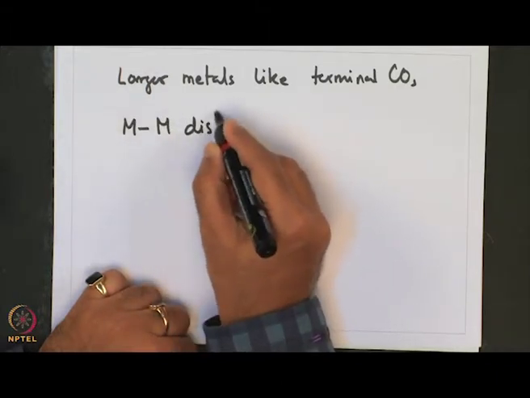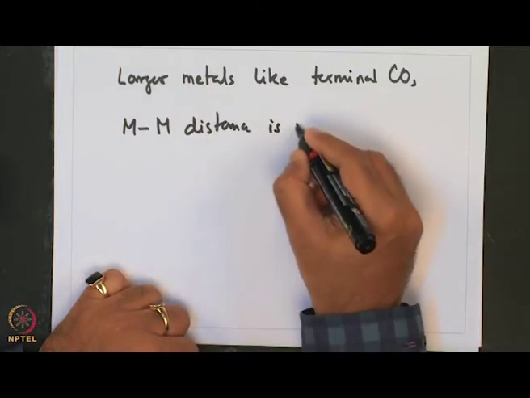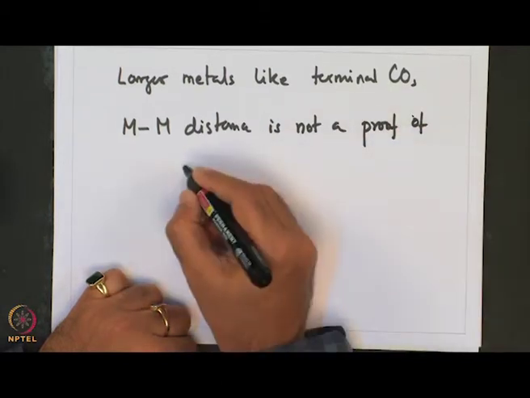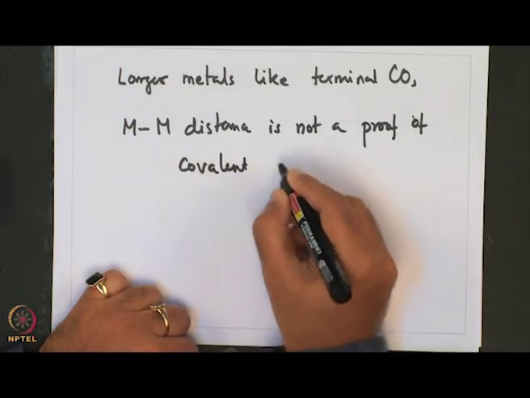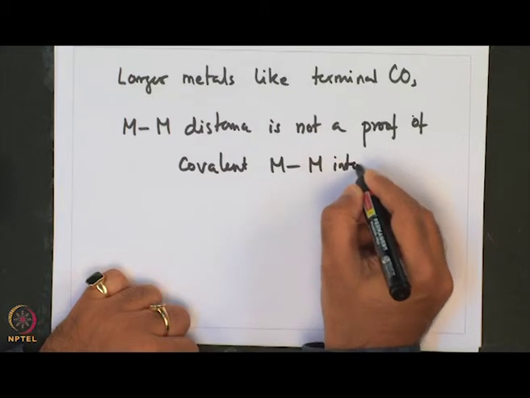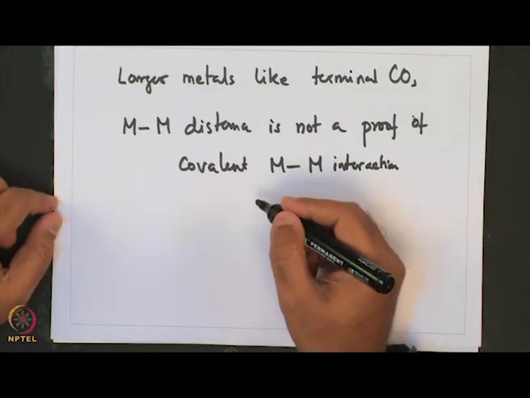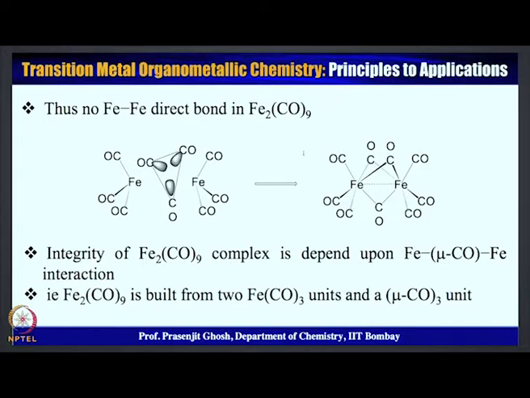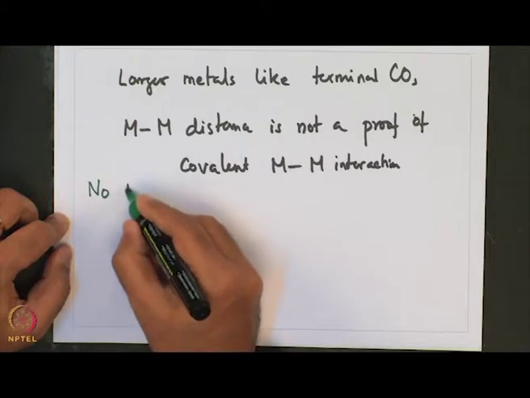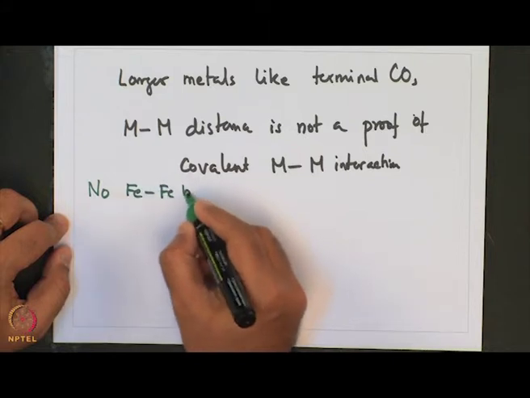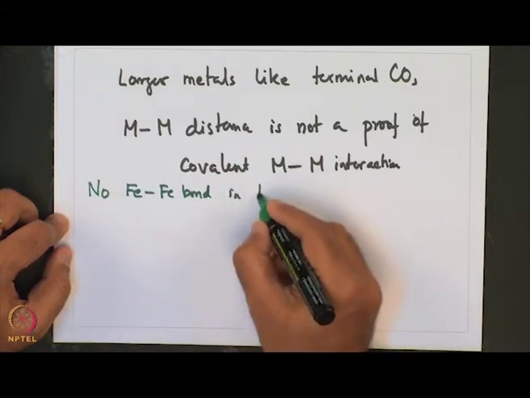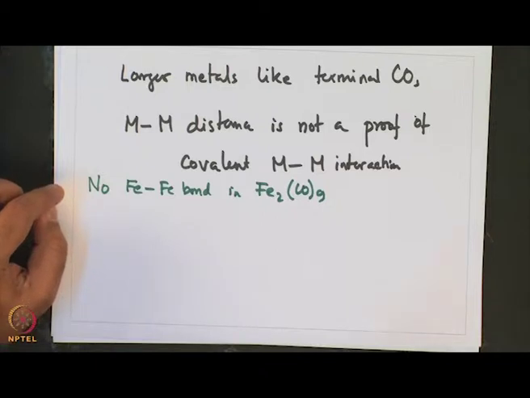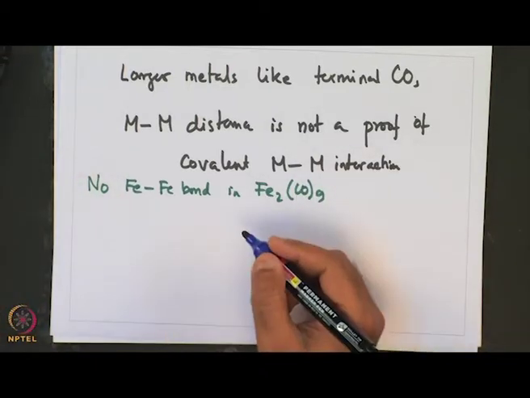Metal-metal distance is not a proof of covalent metal-metal interaction, and that is just maybe a constraint put in by bridging carbonyls. And for example, there is no metal-metal bond, no Fe-Fe bond in Fe2(CO)9, and this is best described by